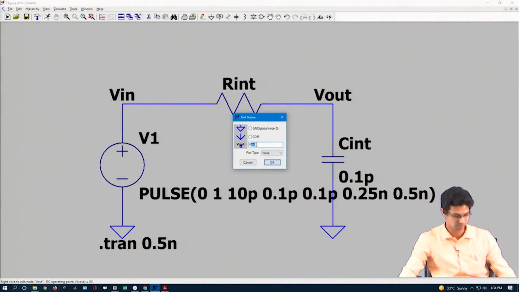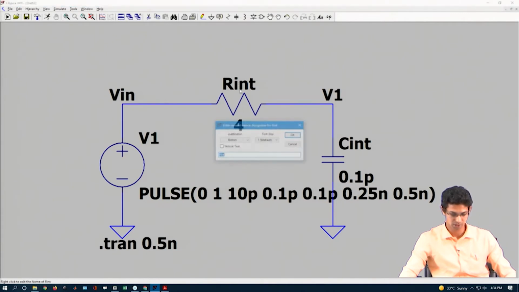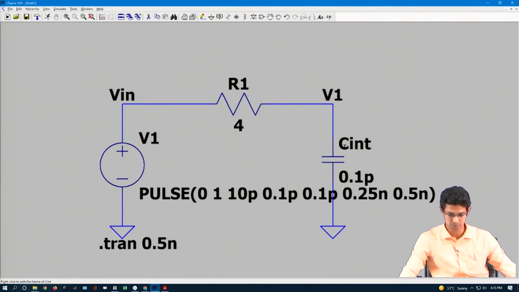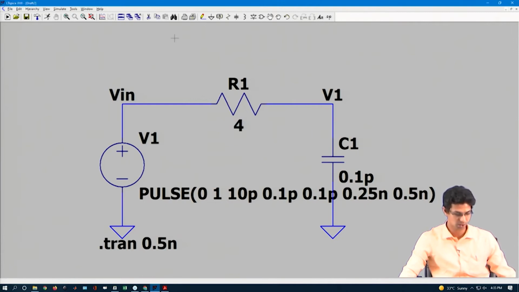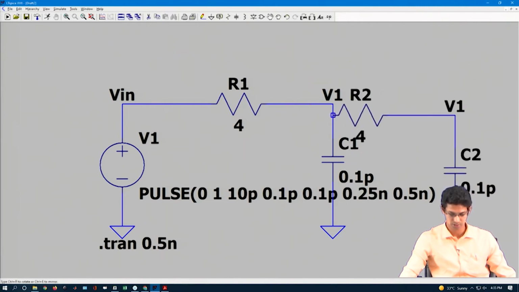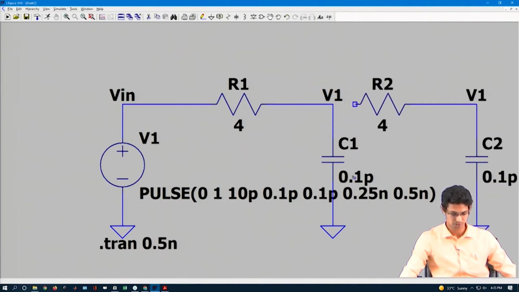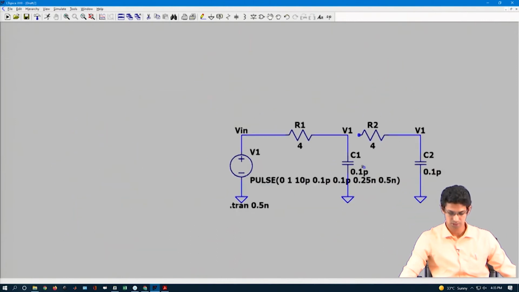This I can number as V1 or something intermediate, and this I can label as R1 and this as C1. Then I can copy this circuit and place it, zoom out, then copy this and paste it again,